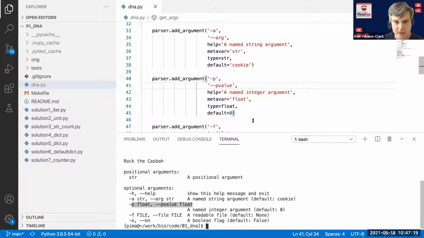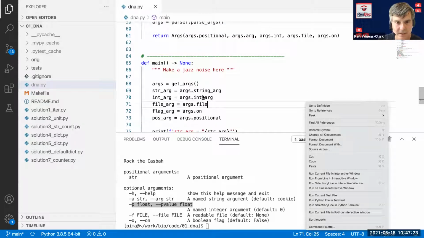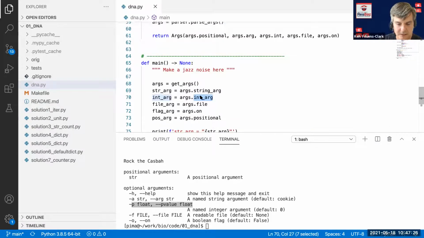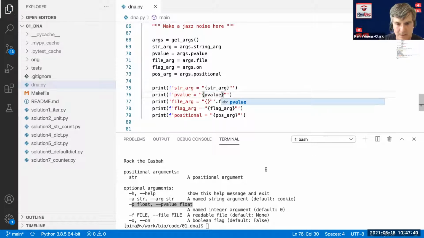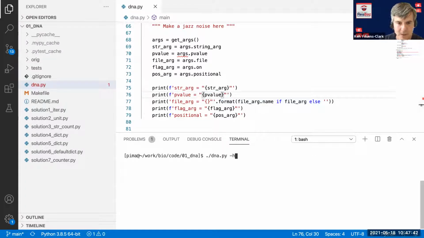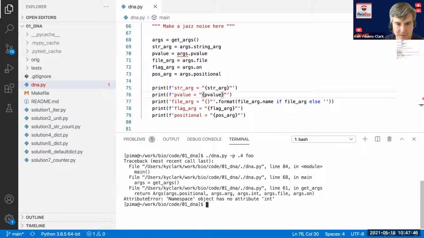It defaults to 0. And now if I run this, actually I have to change this code down here. I'm going to change this to p-value. So if I want to print the p-value, it's going to be available to me in args.p-value, and I'll change this here, p-value. So let me run this now with a p-value of say 0.4, and it still requires some sort of a command line.